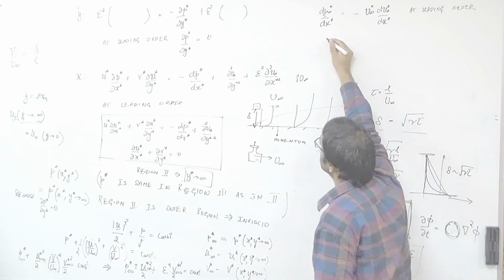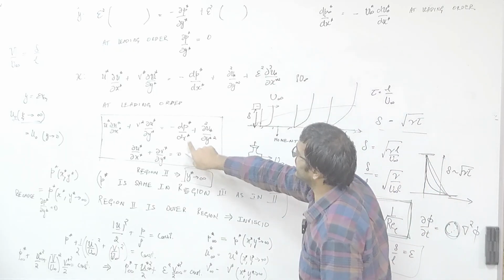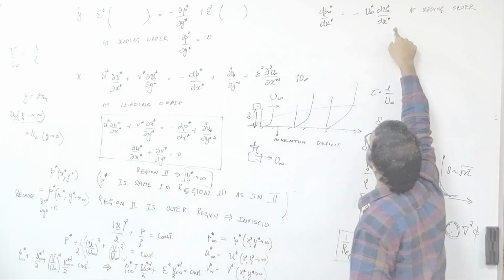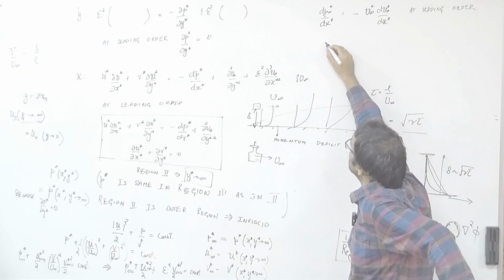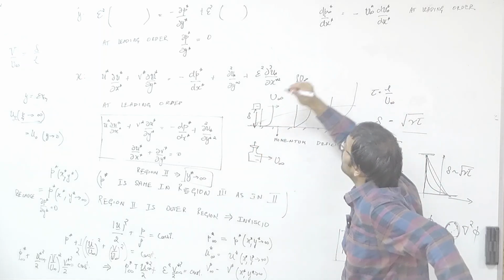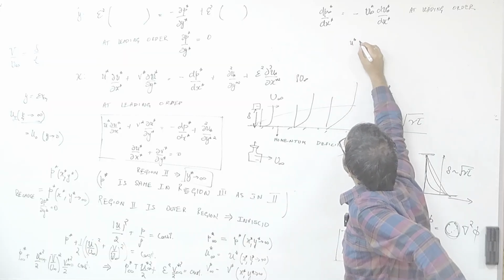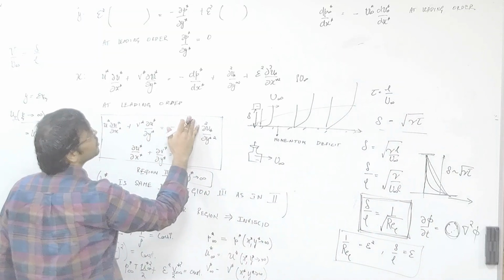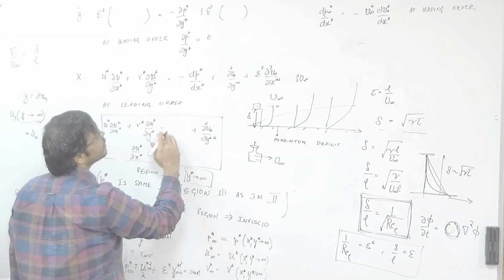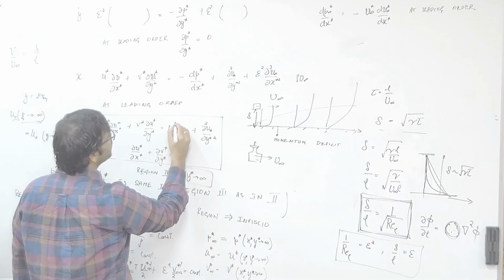Which basically means that your x gradient in pressure is nothing but this u infinity star du infinity star by dx star. So you can replace that in your boundary layer equation and write down the equation as u infinity star